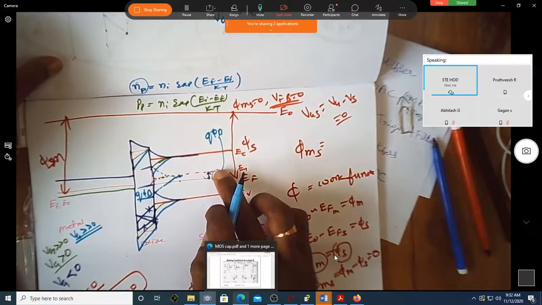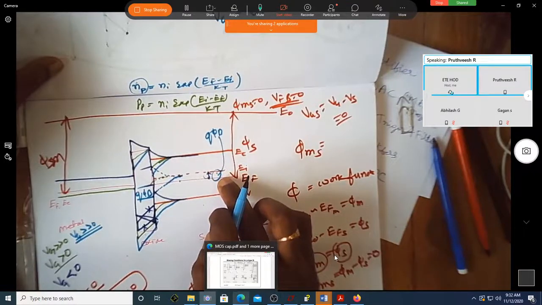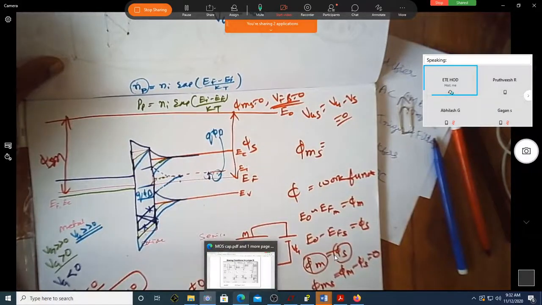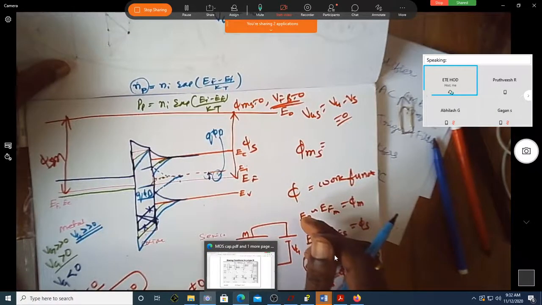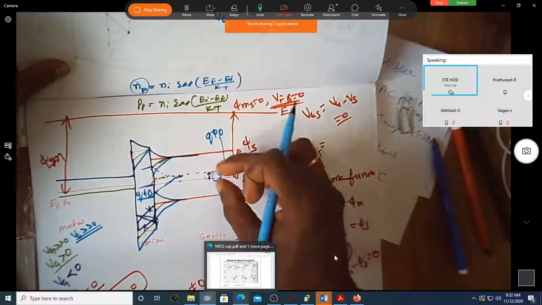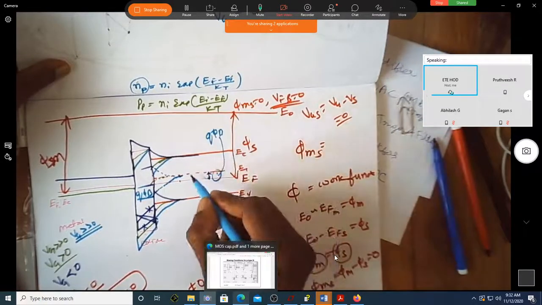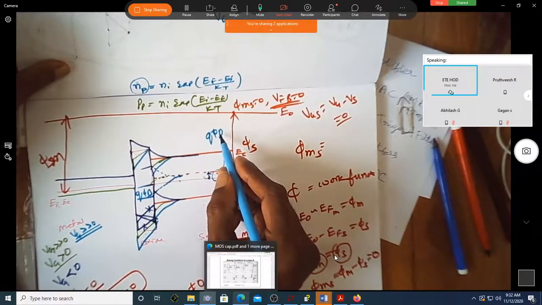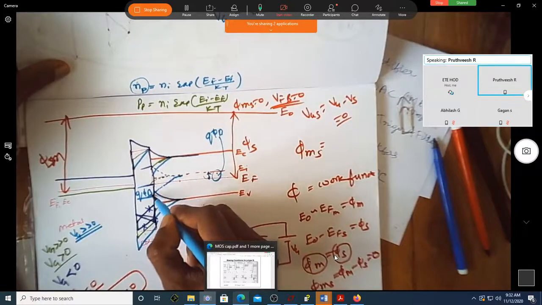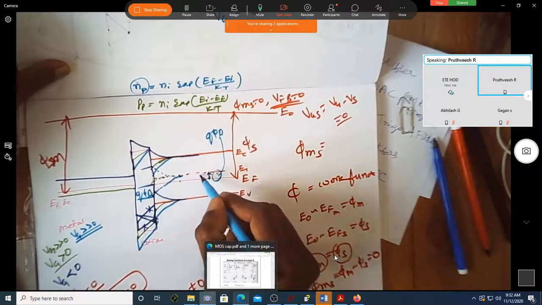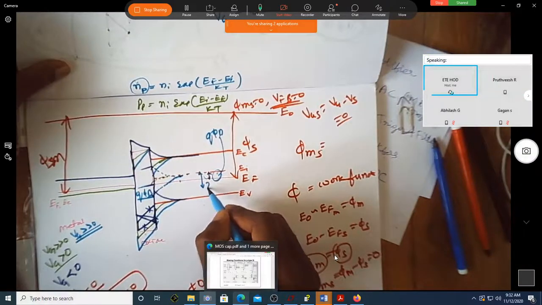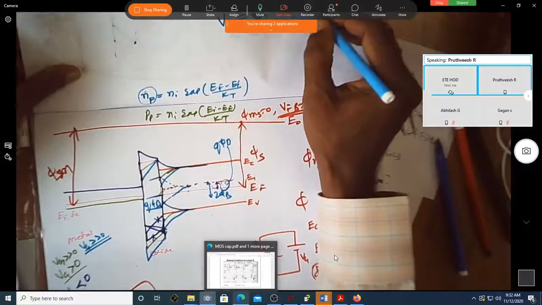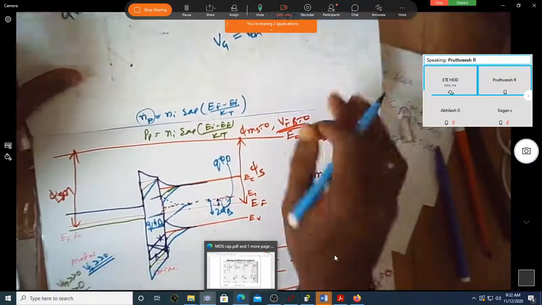This is the phi b separation between the electrons, EI and EF. For this to bend here, what is the overall voltage that you should apply? 2 times of this one. To make this come down here, you require phi b voltage. From here to down here, another by the same magnitude. So is the separation from here to here not 2 times phi b in terms of voltage? Yes, sir. So that's why it is this much voltage plus the depletion region.